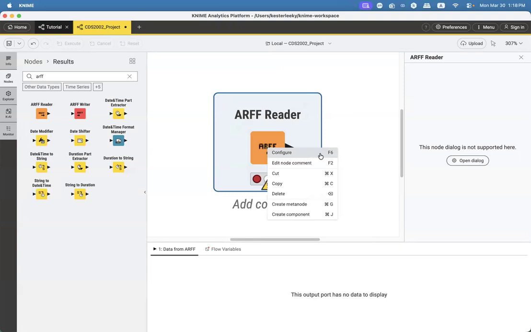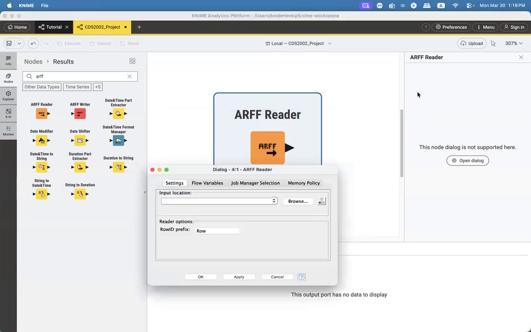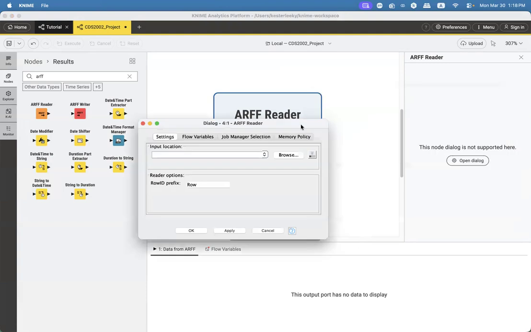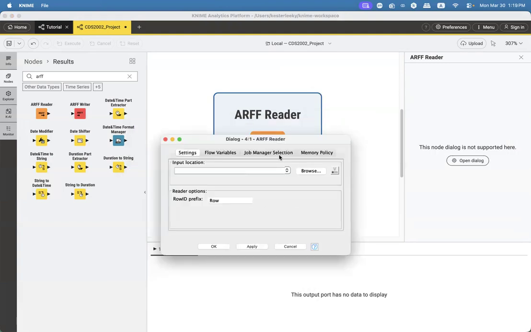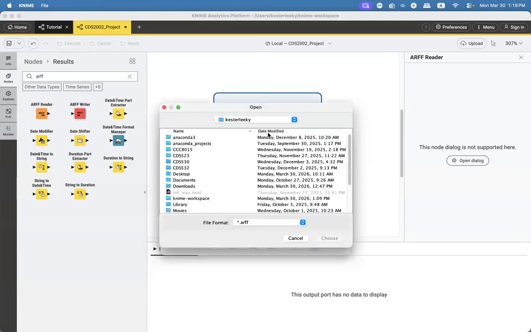And then there is a window. As you can see here, the reason why it has an exclamation mark is because we still haven't defined our data set. So what you need to do is to press the browse button and then you select your file.